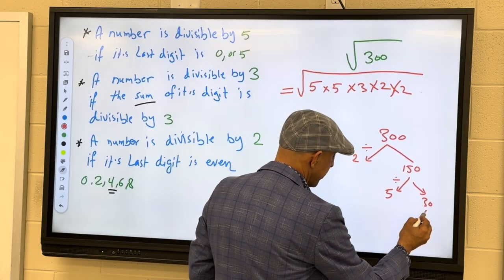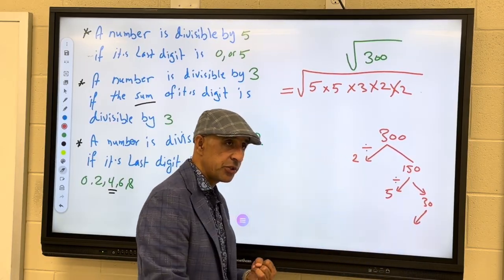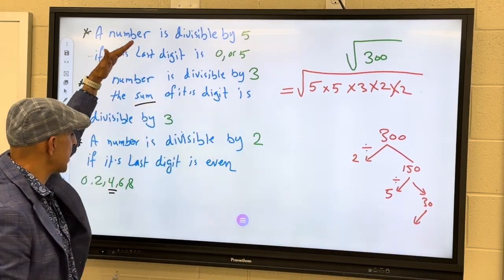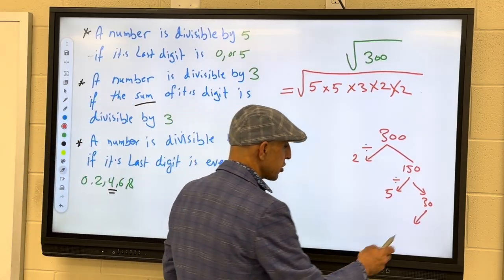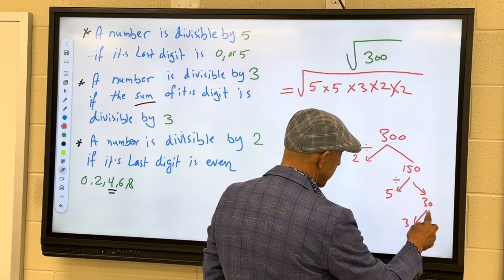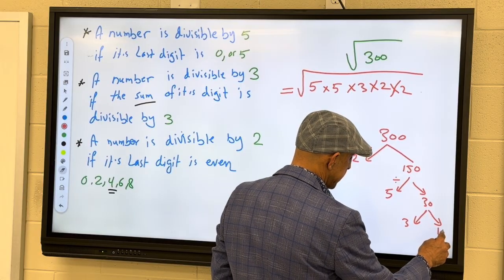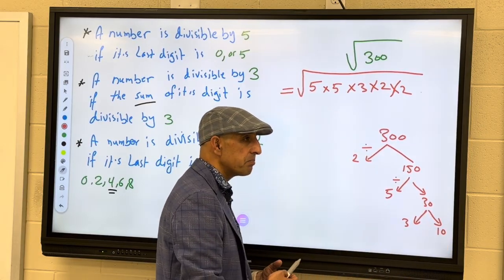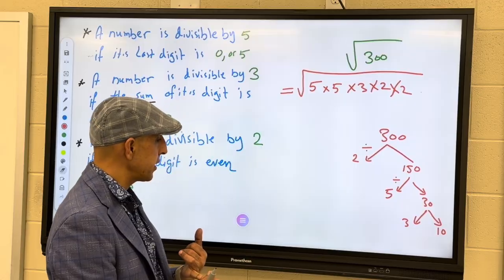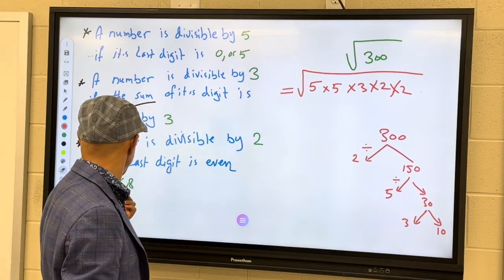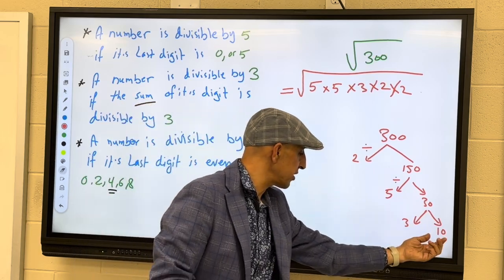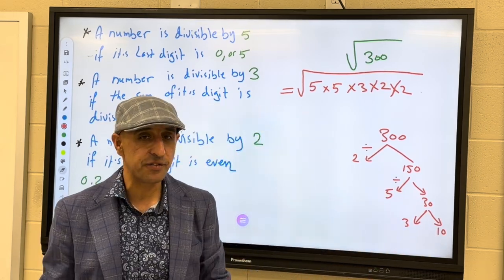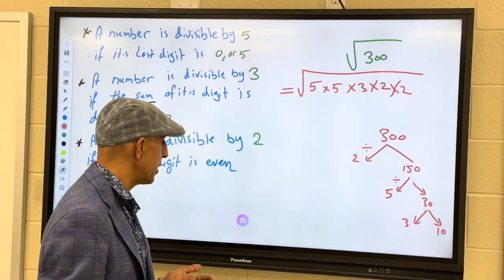For the 30, for example, I can divide by 2 and 5 and 3. Check the notes here, and you can see that you can use it all. So for example, I can divide by 3, end up with 10. For the 10, I can divide by 2 because this is an even number. I can divide by 5 because it ends with a 0, but I cannot divide by 3 because if